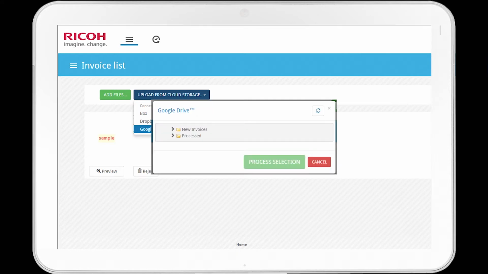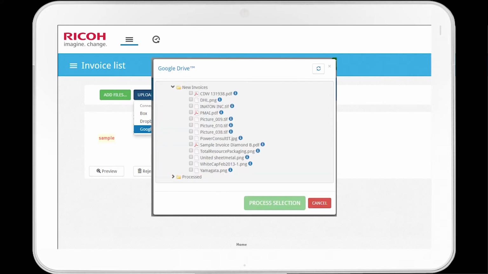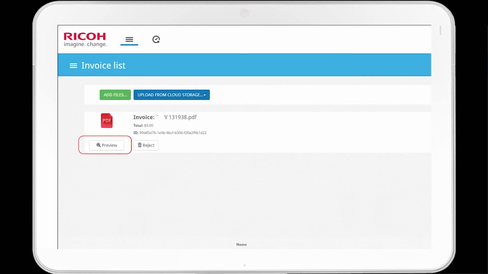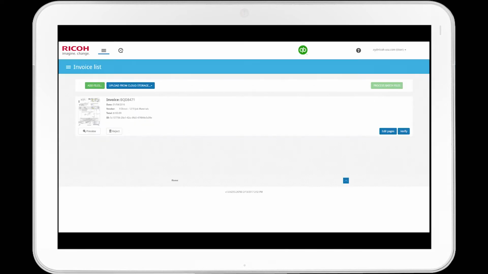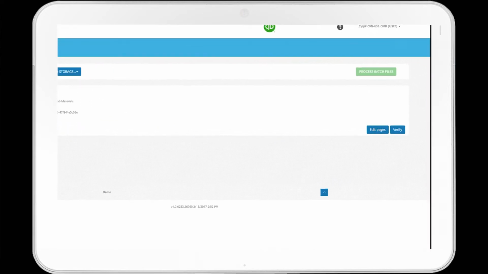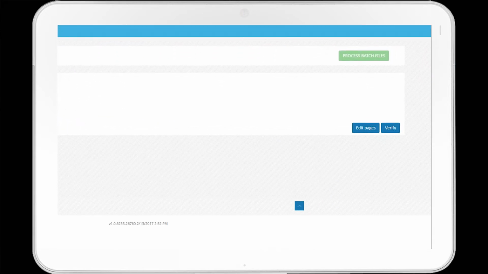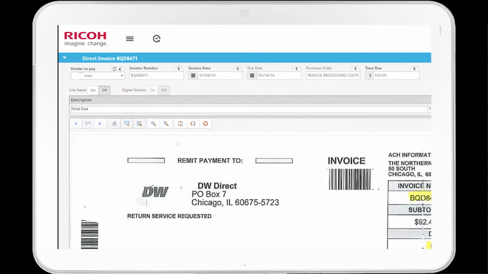After the file is uploaded to RICOH Accounts Payable for Small Business and process has been selected, OCR is performed and the appropriate fields are filled in automatically. To ensure the proper fields have been filled in with the proper information, there is a verification process that occurs